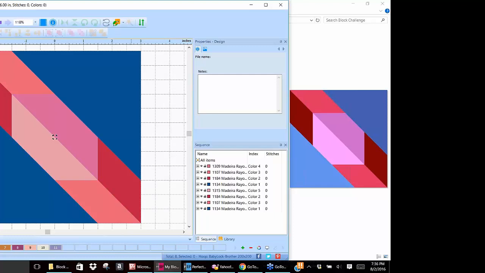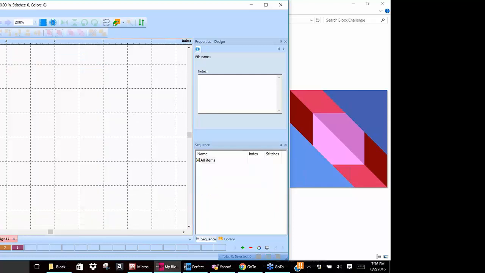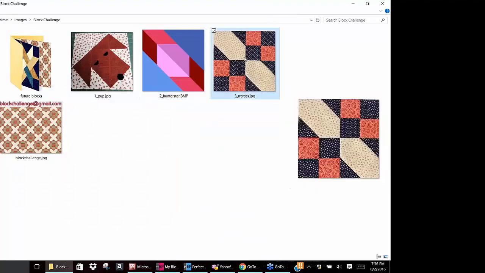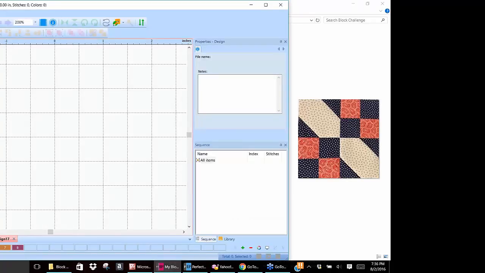All right, I'm going to open up a new page. And this is an interesting block that I got from Susan. I'm going to show you what it is. I thought this was really pretty. And let's bring back up my block piecer. The problem is I couldn't find a block similar enough to this. So we're going to do this one a little bit differently and hopefully with better results than the hunter's square